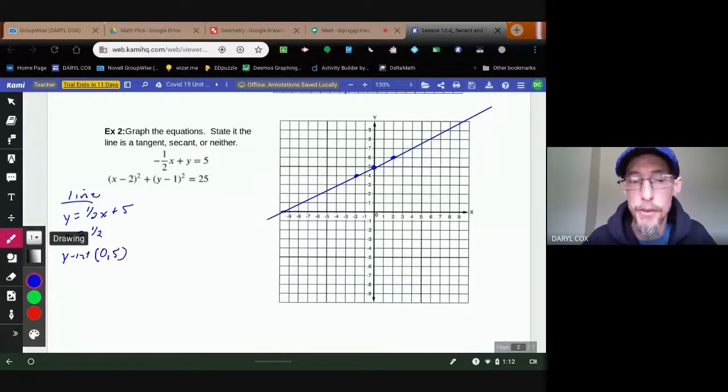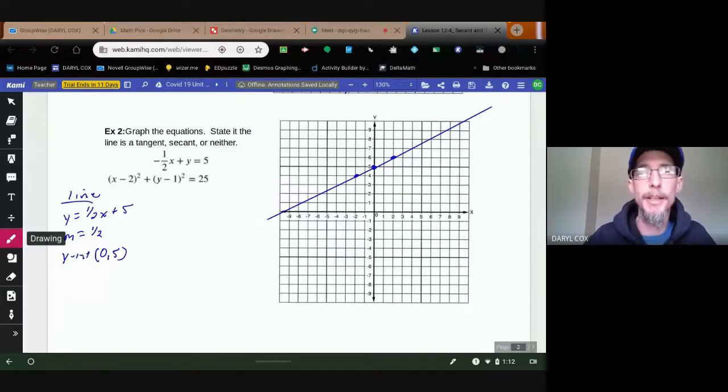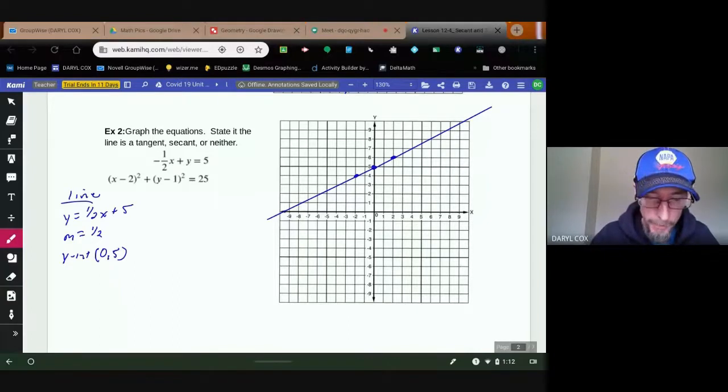You can use a straight edge to draw your line if you want to. Now I need my circle. Some people ask, hey, do I need to label my lines? Not really. Unless you have more than one line up there, I really know which line it is because it's the only line. In algebra, that was really important. And now, not as much. Okay? My circle,